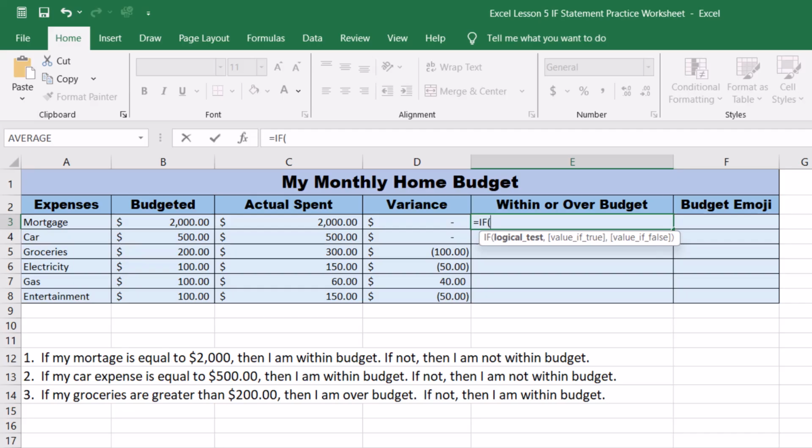So C3, place my cursor in C3. If C3 is equal, my equal sign, equal to B3, then what? Comma. If it's equal to B3, then I am within budget is my true statement, correct? My statement is going to be within budget. Notice at the bottom here in the logical statement, the value if true is bolded there. That's my true statement. Ending my